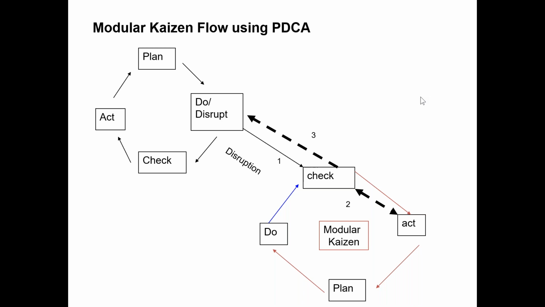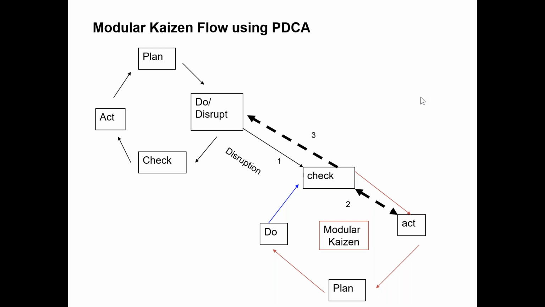We're still human beings. Now, what I do in this modular Kaizen flow using PDCA, and it's really obvious, you're looking at 2 cycles of plan, do, check, and act. Generally, what happens is you plan what you're going to do, you do it in the pilot, you check what you're doing, and that's the cost of appraisal, that's monitoring. And then the act is either lock and load, you accept, you adjust, or you abandon what it is you're going to do.